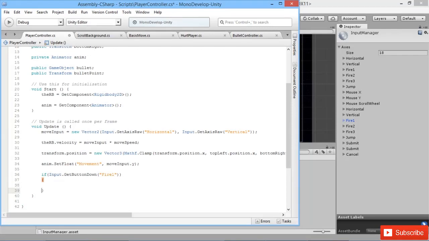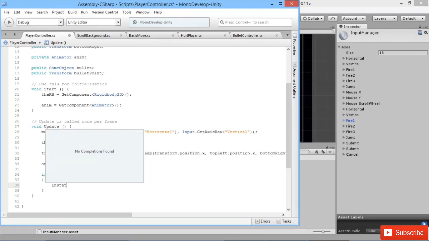Fix up these indentations. There we go. Okay, so we've got our input.GetButtonDown("Fire1"), which is absolutely perfect. And then in here, we're going to run a simple bit of code to make our bullets appear. So we'll just say Instantiate,